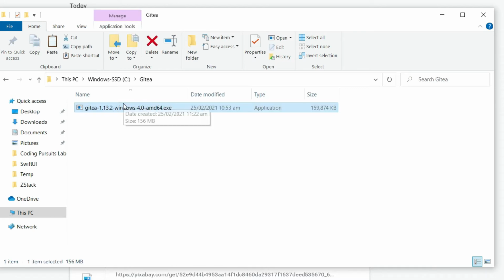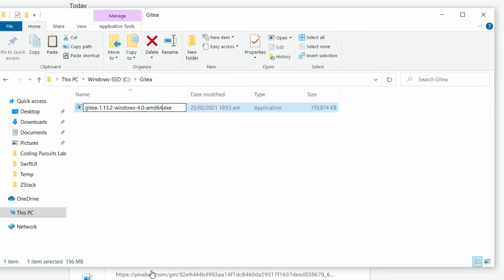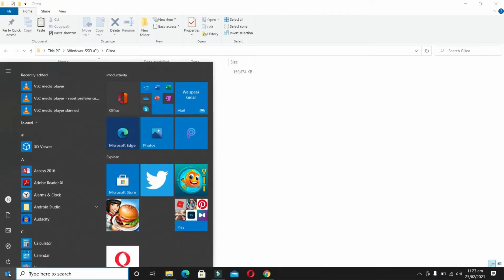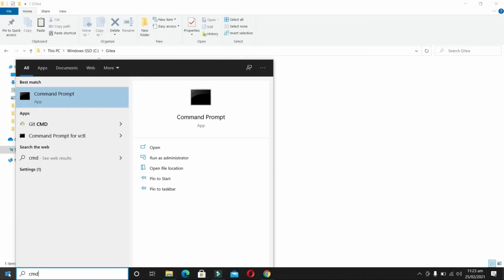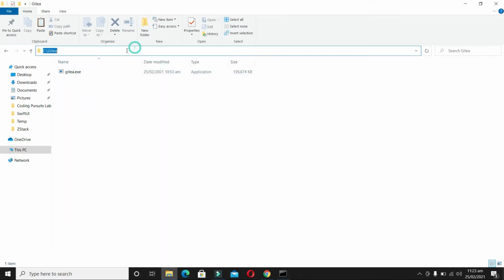Now simplify the name of this exe file and delete all the version numbers which are written next to this name and make a simple name git.exe. Now open your cmd command prompt and copy this path.